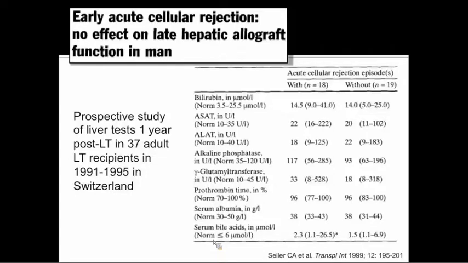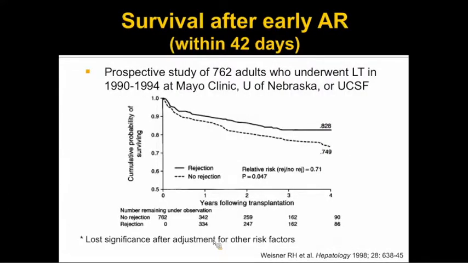Is that a real phenomenon, or why might that be a true finding? So your question's well taken. I mean, it could be sometimes just that when you adjust for risk factors, of course, you decrease your power in the study. But I think that part of the reason I wanted to point that out is that, as I'll show in some of the more recent studies, it's not clear that actually there is a protective effect of having early rejection. So I think that it could be that, in fact, this is just a result that is confounded by those other factors associated with survival, and was being biased away from the null.